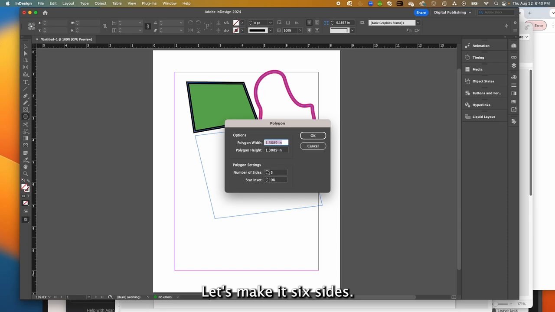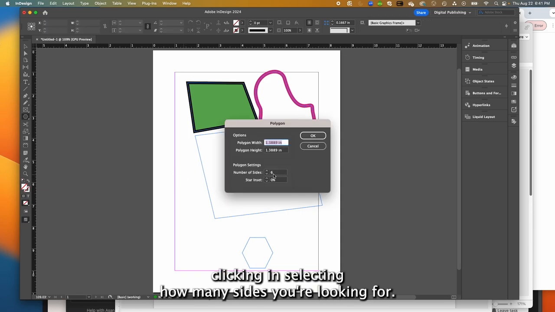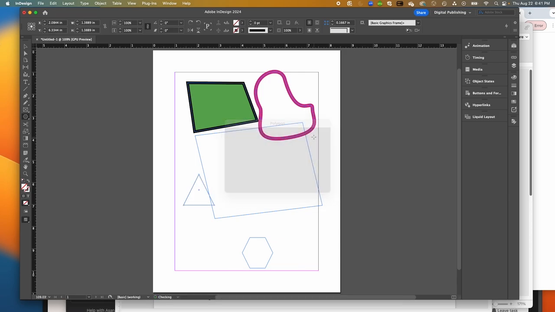Let's make it 6 sides. And the star inset is kind of a curve. We'll do that in a moment. I'm going to click OK, and you have now this 6-sided shape. So anytime you can create shapes by simply clicking in, selecting how many sides you're looking for, clicking OK,